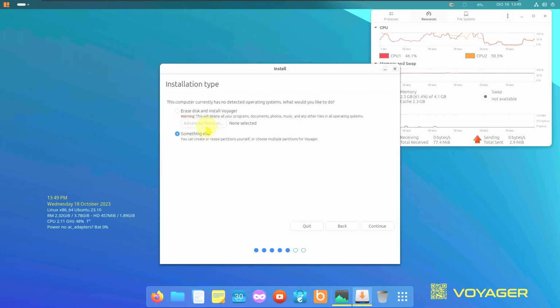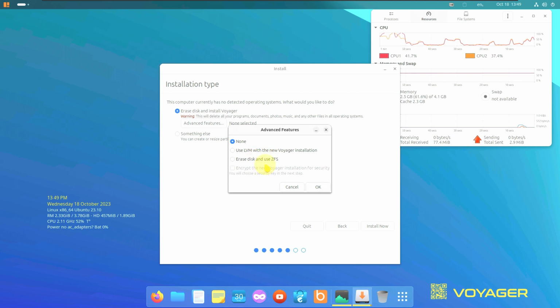The something else is an option which you get the dual boot options, or you get an option like you will be getting Voyager Linux along with the other operating system or the current operating system you have. You need to create a partition for that. You should be having an option like a dual operating system. For example, if you are running Windows 11, you should be getting another operating system which is Voyager Linux. So if you are running other Linux, you should be getting this thing. So let's go with